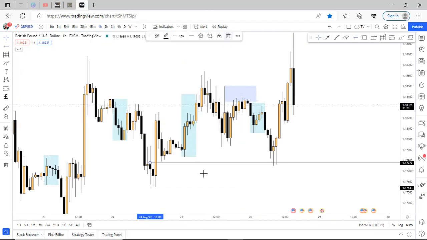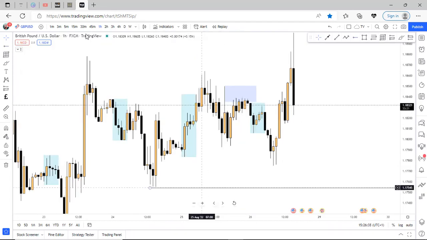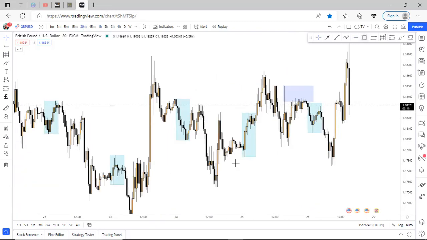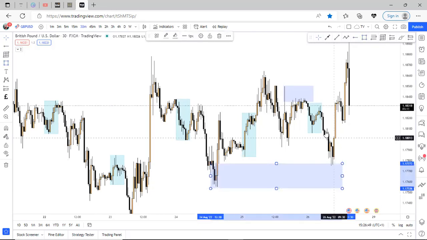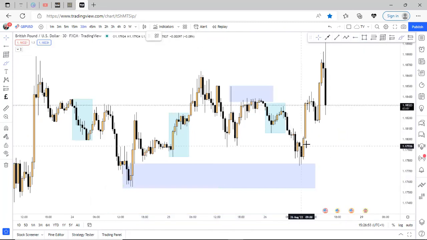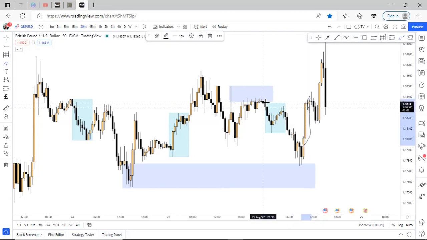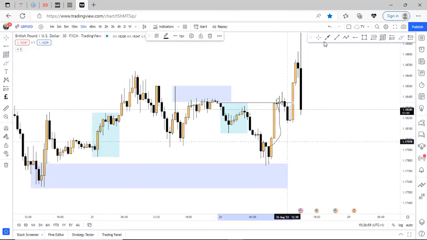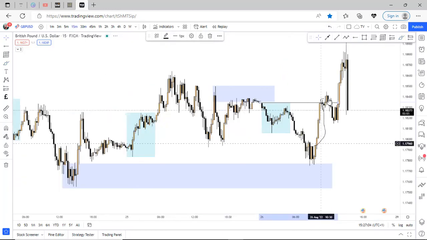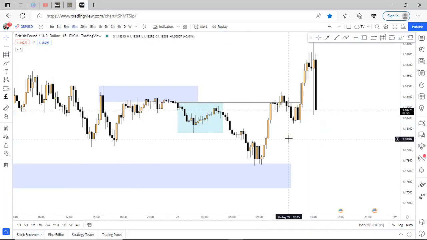So I got into a buy actually on GU when I realized that the H1 has been mitigated right here. I market executed a buy, and I was able to, let me just say, scalp to this Asian range high. Okay, so my entry was late. It was a late entry, and if I was to judge this particular trade, I will say it was a